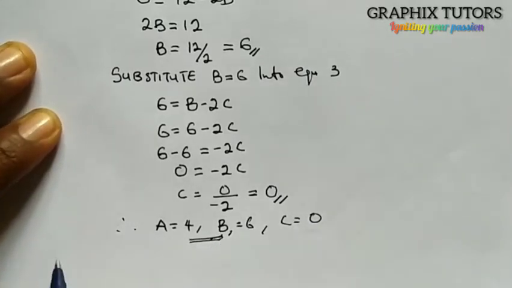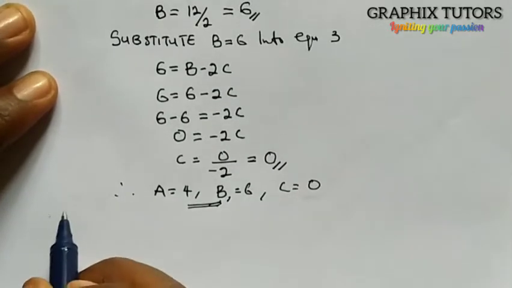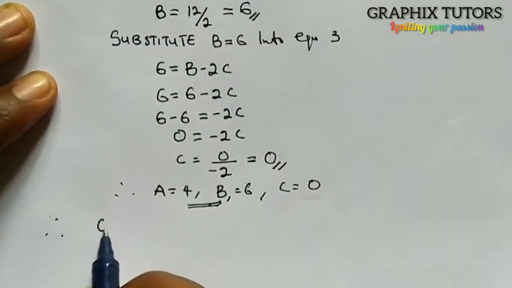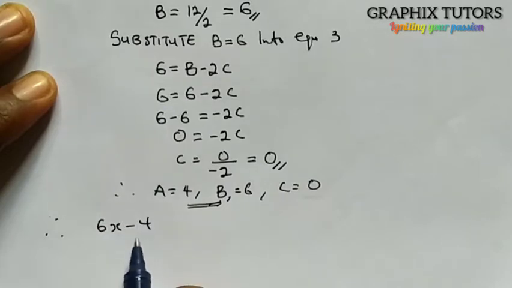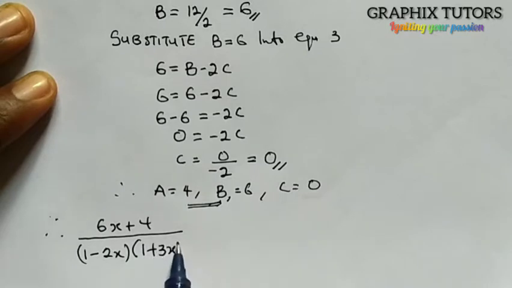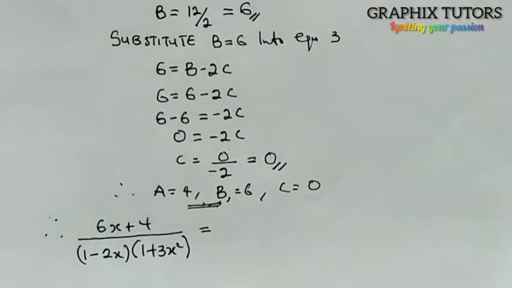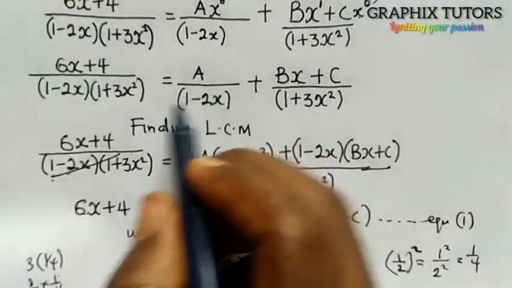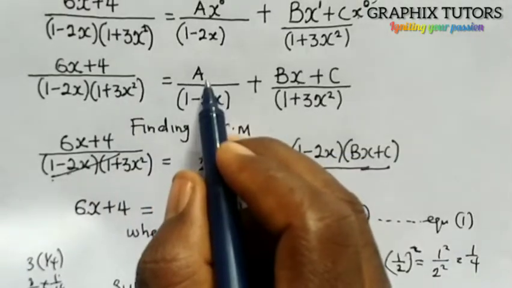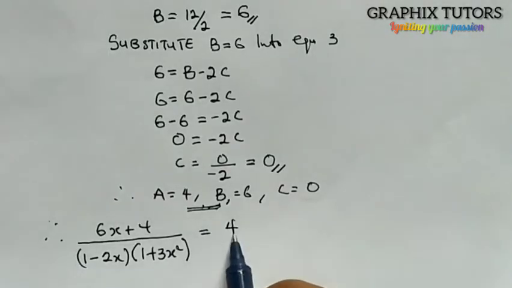So you will now write that therefore 6x plus 4 all over 1 minus 2x bracket 1 plus 3x squared is equal to, from the normal one we have here, from here, this is equal to a. What is a? My a is 4. So I'm going to put 4 all over 1 minus 2x